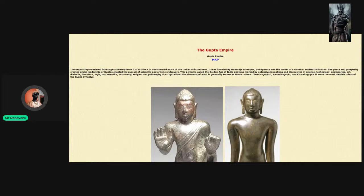Okay, the Gupta Empire existed from 320 to 500 CE and covered much of the Indian subcontinent. It was founded by Maharaja Sri Gupta. The dynasty was the model of classical Indian civilization, and the peace and prosperity under the leadership of the Guptas enabled the pursuit of scientific and artistic endeavors. This period, called the Golden Age of India, was marked by extensive inventions and discoveries in science and technology,